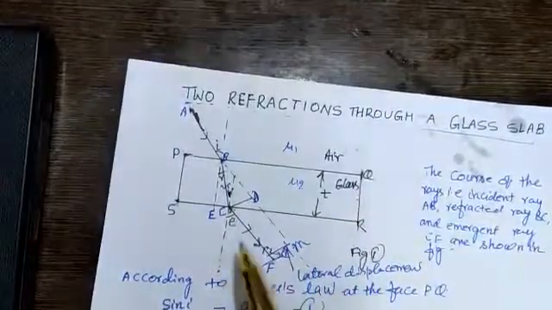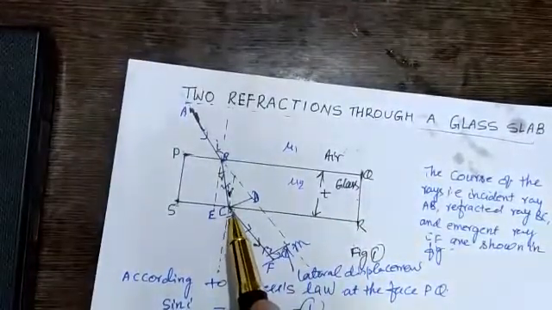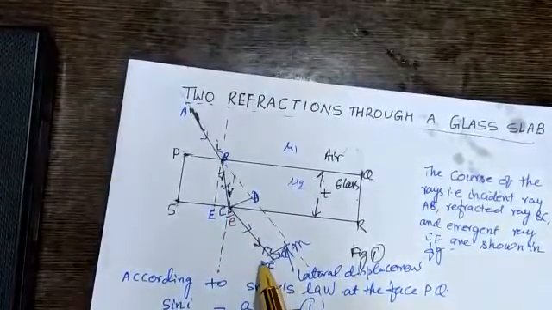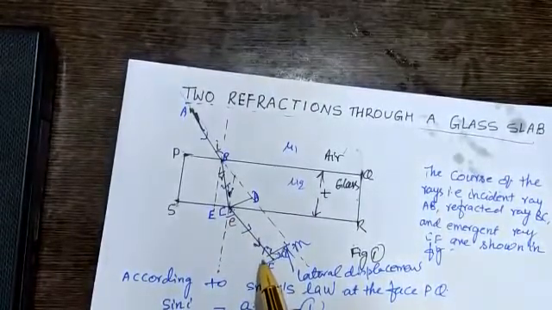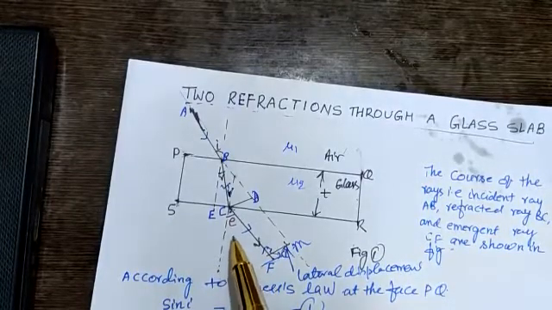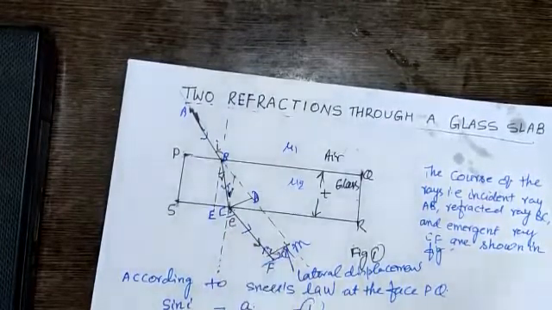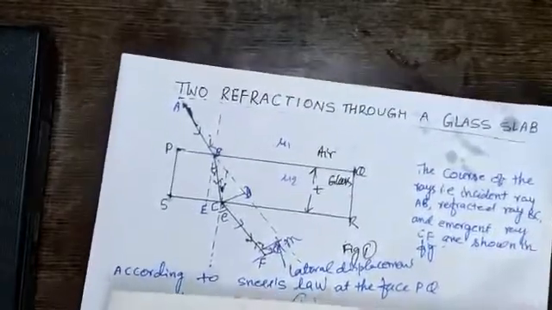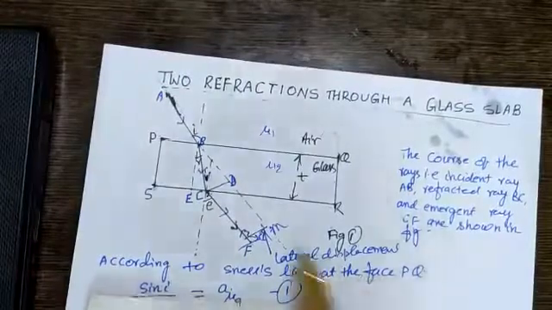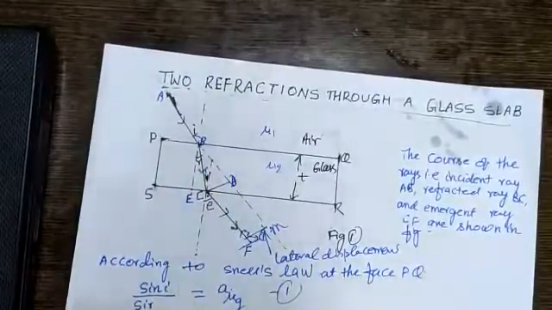We have an emergent ray CF, which bends away from the normal at an angle of refraction. This is e. So if we apply Snell's law at the surface PQ, sine i upon sine r